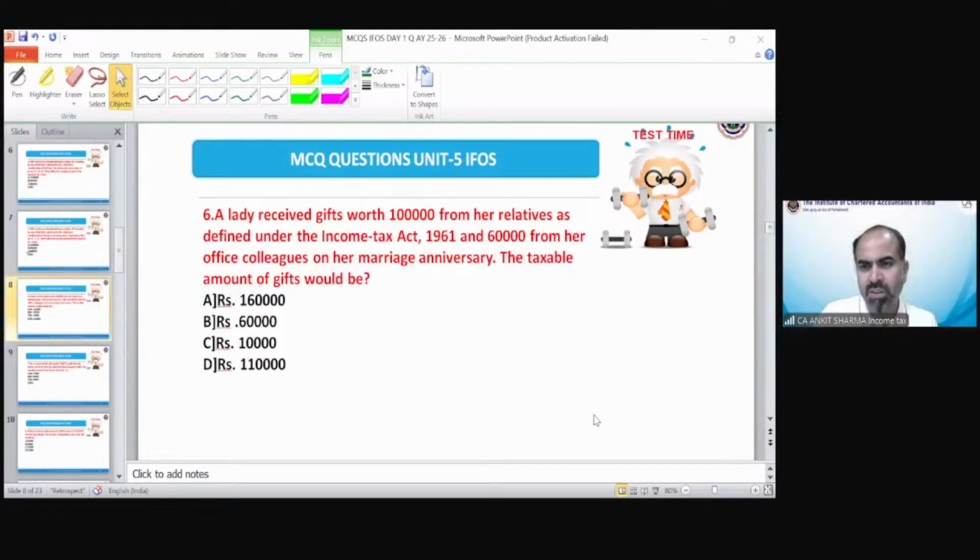Somebody is saying 160. Gift from relative is exempted always. Why is Nidhi saying 160? Rajveer is saying 160. Why, students? Gift from relative is always exempt. So this is going to be exempted. But gift from friend on anniversary is going to be taxed. So the correct answer would be B. Why are you saying 1,60,000? It's a very simple question. Next is